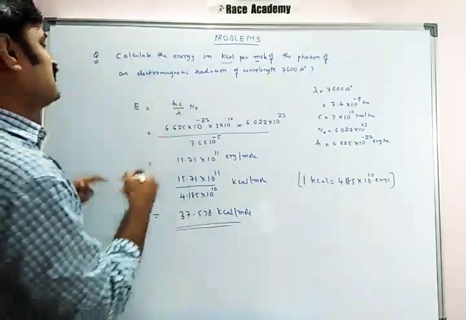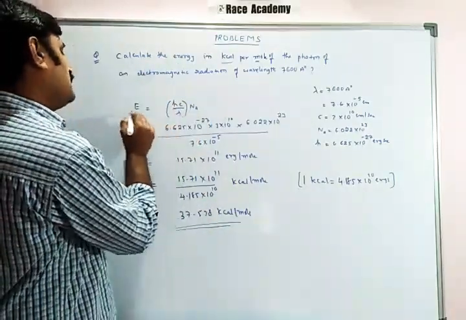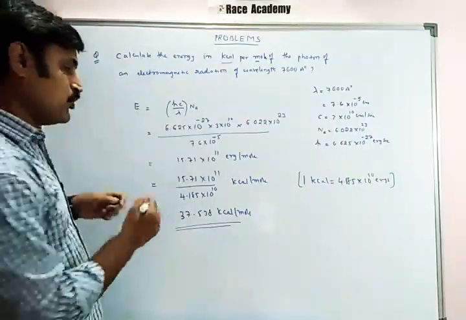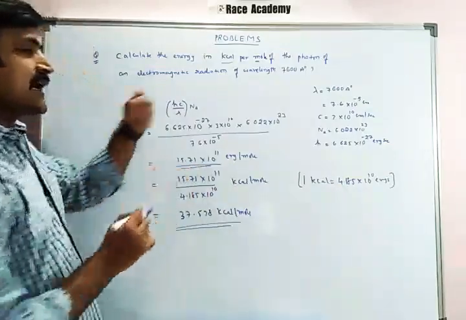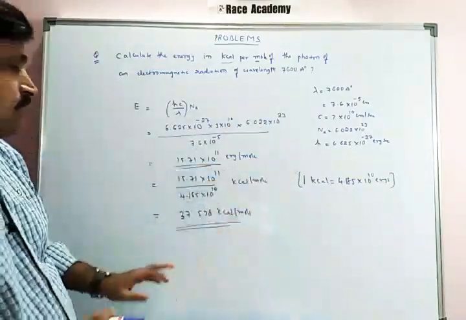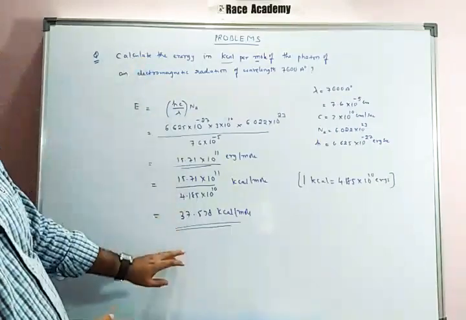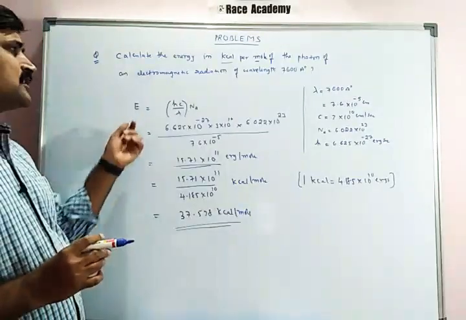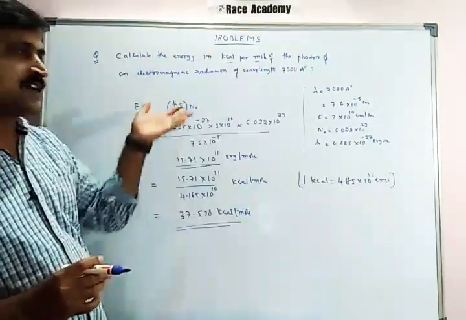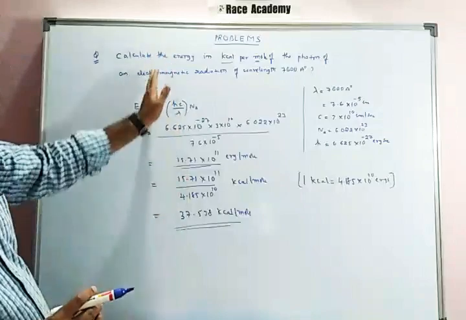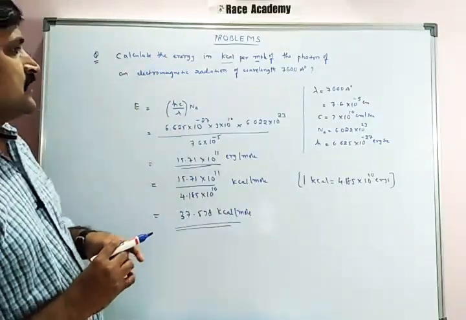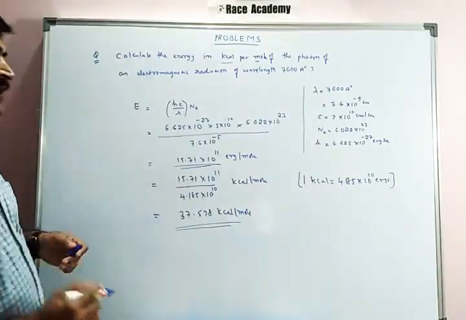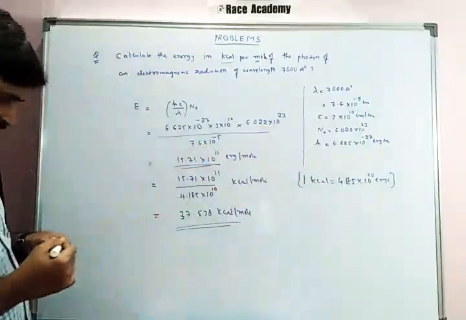In this problem, first we took this expression giving the answer in erg per mole, and then we converted that erg per mole to a kilocalories value. So this is the answer for this problem. In the board examinations we can do it like this. There are many other shortcut values too. If you have the energy value in kilocalories, you can do it that way also. But this is the first method as per the board to secure full marks in the exam.